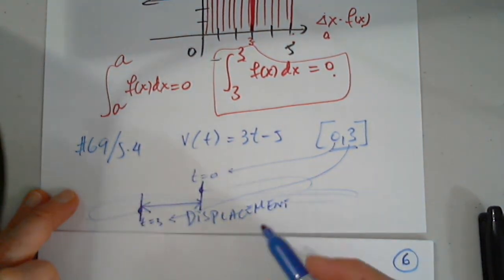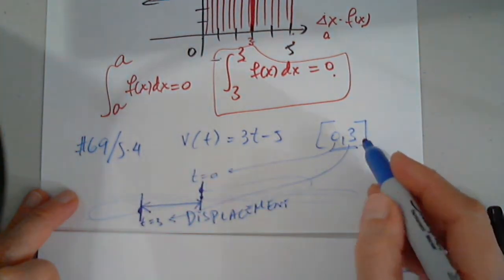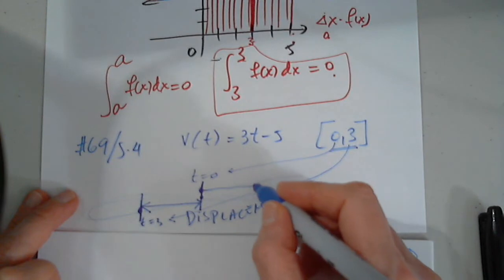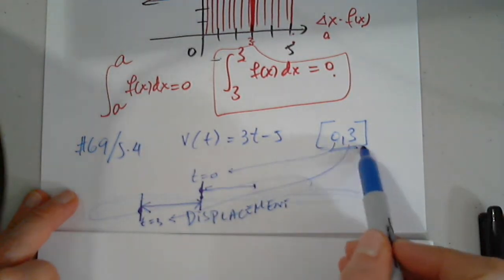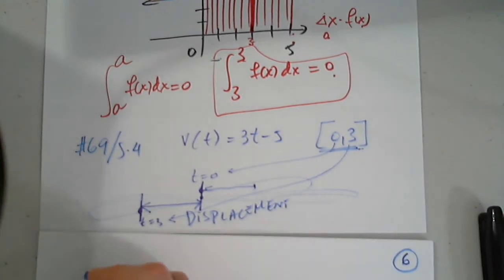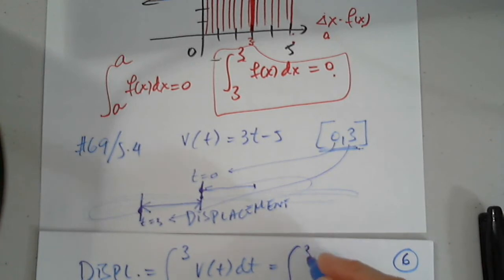That's the distance. It can be 0 if it lands here in 3 seconds. It can be this. It can be anything. But it depends on the interval that we are having here. So displacement will be the integral from 0 to 3 of v of t dt, which is the integral from 0 to 3 of 3t minus 5 dt, and that is